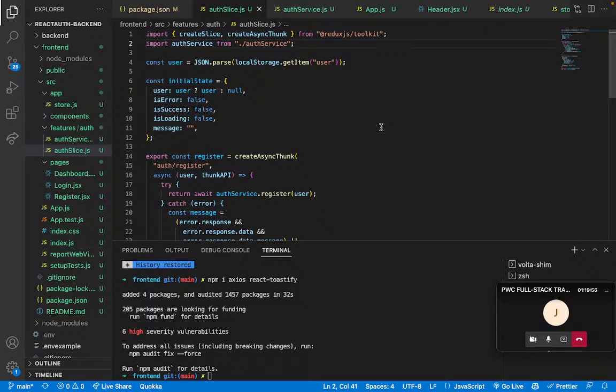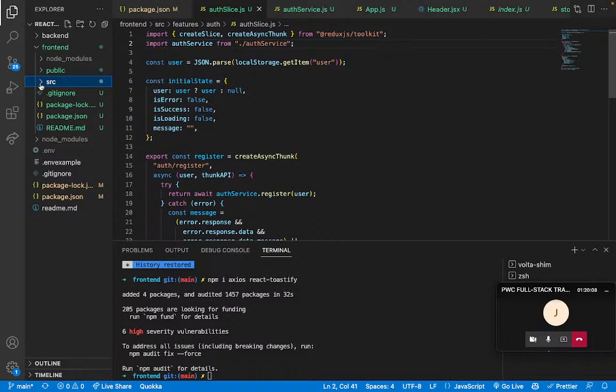Okay. So let's get that set up. Let's get it set up, and once we are done setting it up, let's get to the front end. It has to be the one in